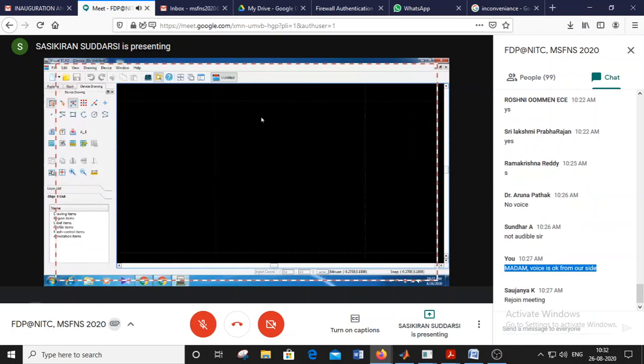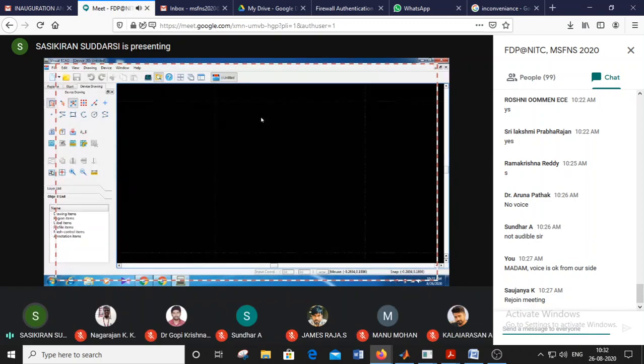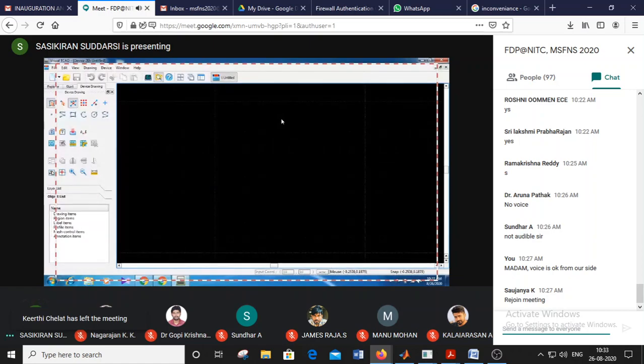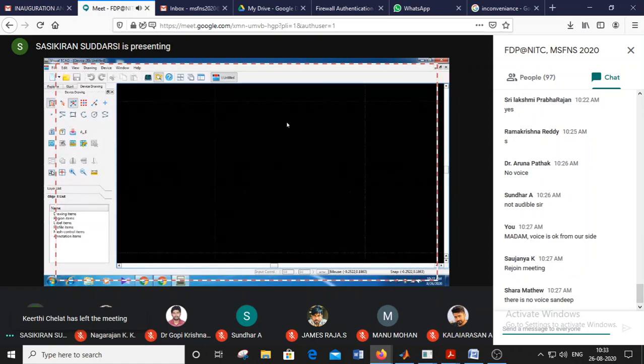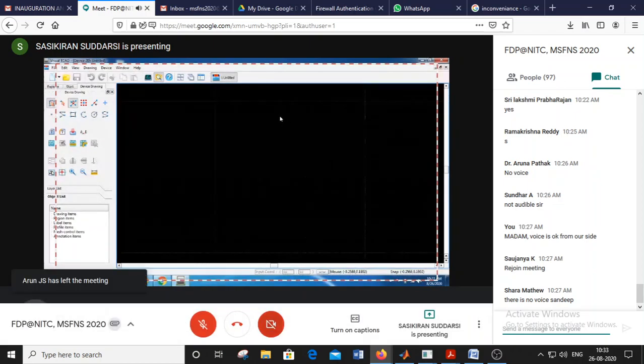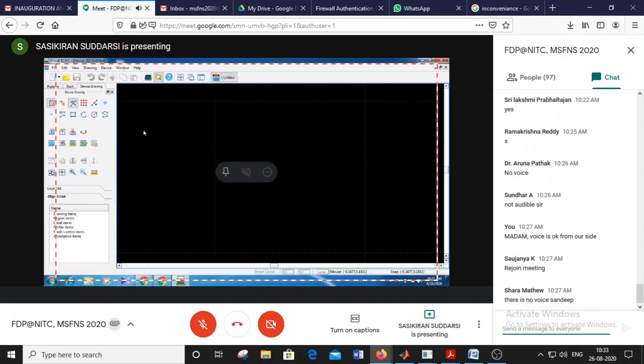Grid is the spacing between two points, the minimum separation distance between the two points. In this tool, that minimum separation distance is 0.01 micrometers. So every object we are drawing here has the scale.